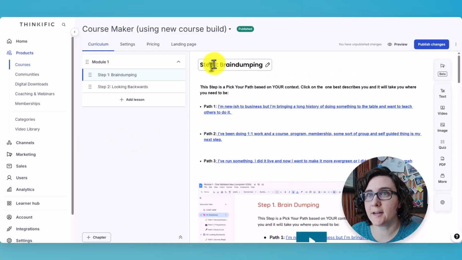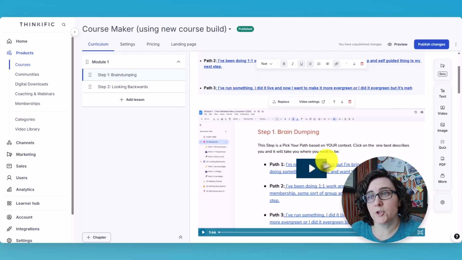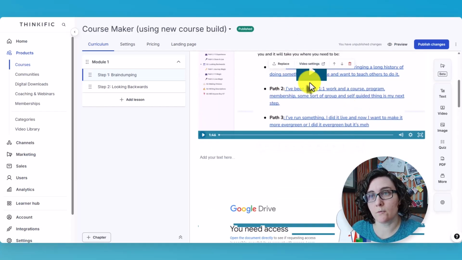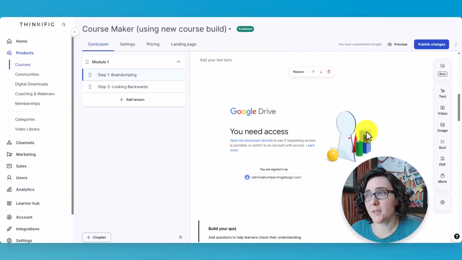Okay, so like I said, I like that I can fit all of my first step into the brain dumping piece. I have the pick your path here. I was able to also put the video in the same exact lesson. I didn't have to separate those two things out, and I got control over where to put it, right? If I wanted to put the video first, I could put the video first. And then I started to